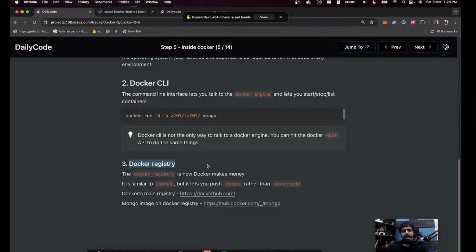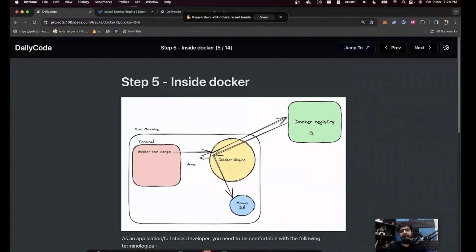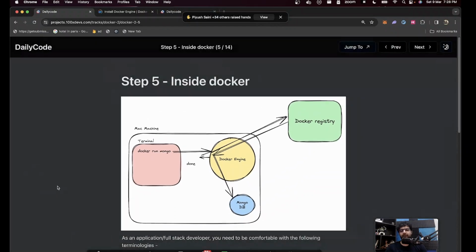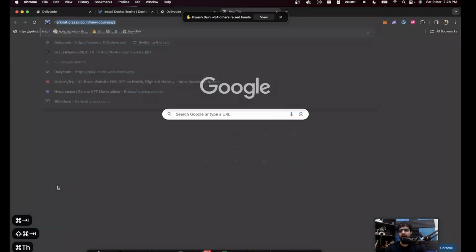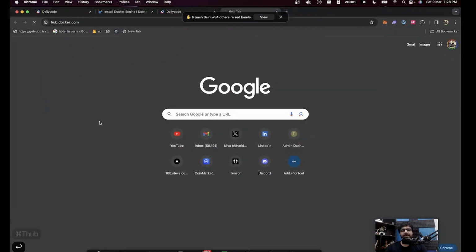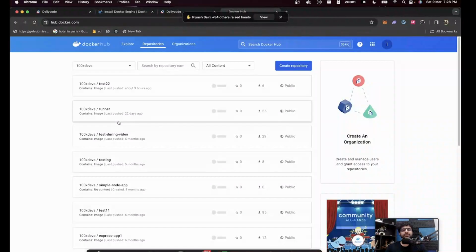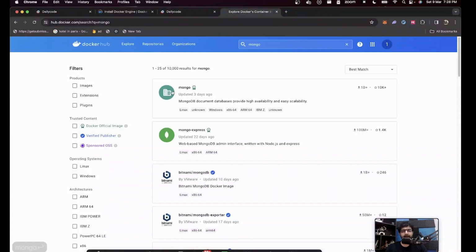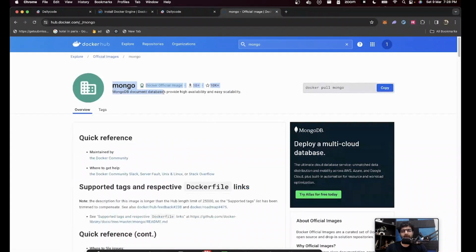And lastly, the Docker registry. This is sort of important eventually. This is a place where people have stored very popular code bases already, very popular applications already. For example, MongoDB. If you go to hub.docker.com, this is very similar to GitHub, and it lets you find a bunch of images, not code bases. GitHub lets you find code bases. This lets you find, for example, if I search for Mongo here, it shows me the MongoDB document database